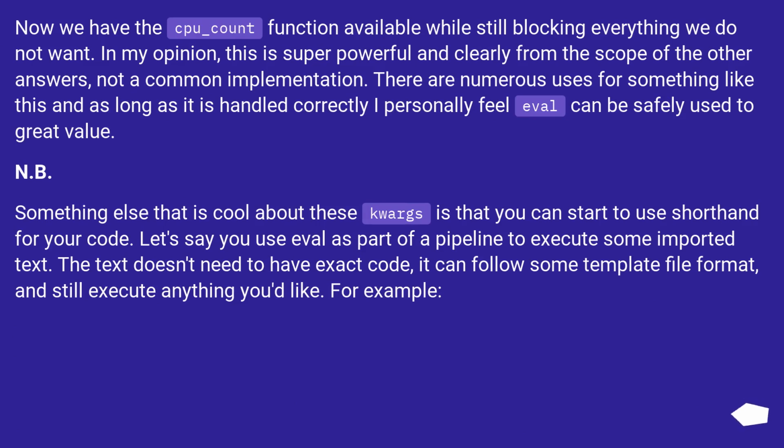In my opinion, this is super powerful and clearly, from the scope of the other answers, not a common implementation. There are numerous uses for something like this, and as long as it is handled correctly, I personally feel eval can be safely used to great value. NB. Something else that is cool about these kwargs is that you can start to use shorthand for your code. Let's say you use eval as part of a pipeline to execute some imported text. The text doesn't need to have exact code, it can follow some template file format, and still execute anything you'd like. For example,